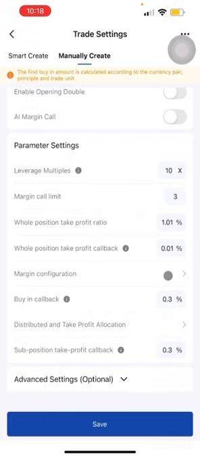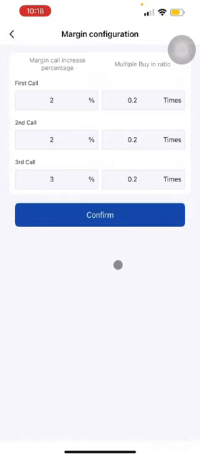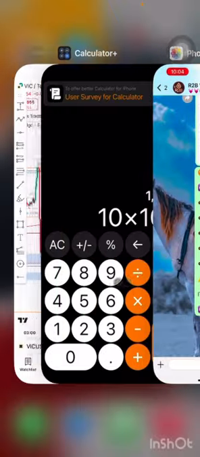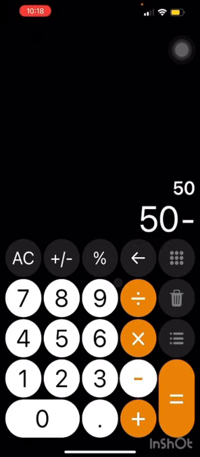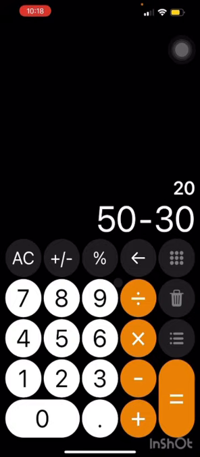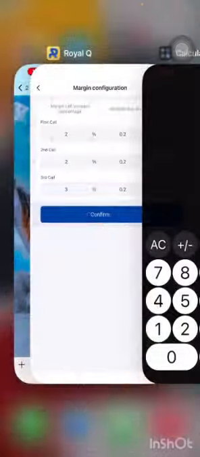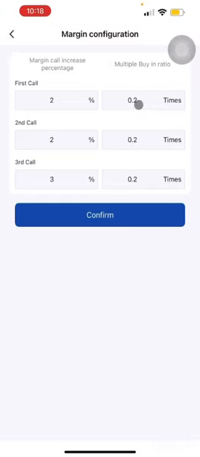Okay, let's go to margin configuration. Let me explain some things there. Now, don't forget we are using a total of $50. Okay, now your $50, you have used $30 as your first buying amount. You have $20 left. Now, normally your margin call, if you put one here,